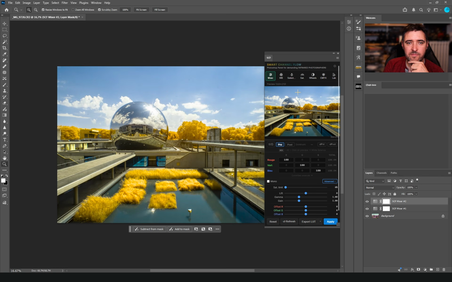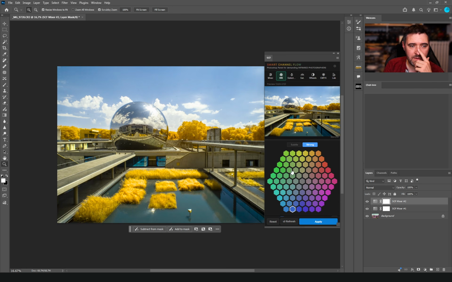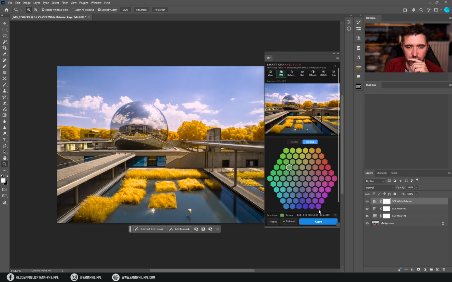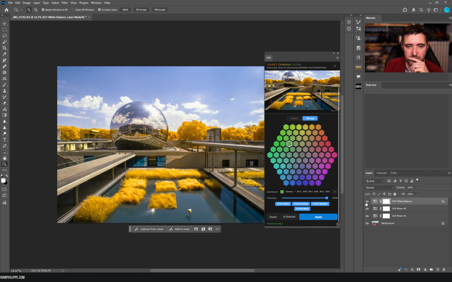We'll apply. Let's try with the white balance if I can do something nice, because it's a bit greenish, so I will try with some greenish stuff. Protect my highlights, it's already done. Okay, you can see clearly the difference here, far better. I will apply,